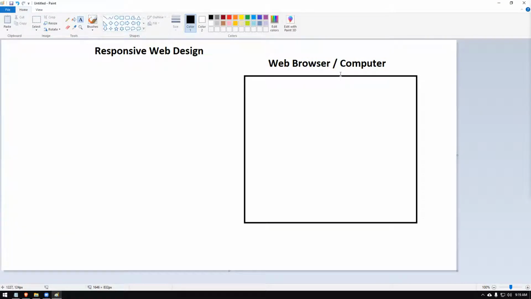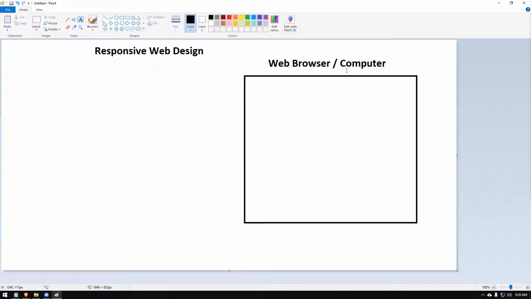When I say the word internet, I'm referring to the World Wide Web, the collection of websites. Users were using web browsers like Google Chrome, Internet Explorer, Mozilla Firefox, Opera, Safari, etc. Browsers were the ones we were using.